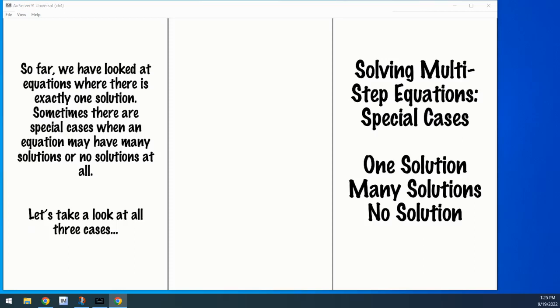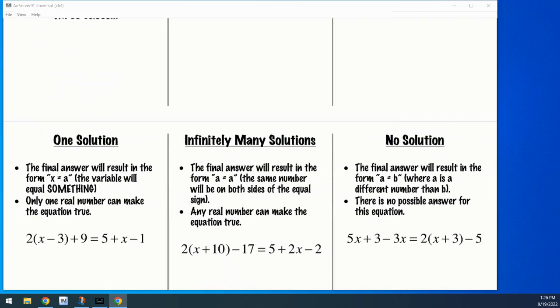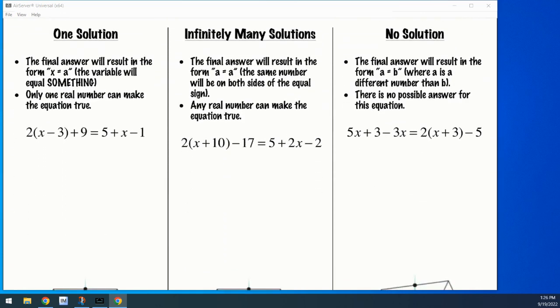So we're looking at some more special cases with one solution, many solutions, or no solution. Now, we have already looked at some of these. Okay, so what I want you to look at, this is how you pick out the information. Okay, so if it's going to be one solution, the final answer will result in